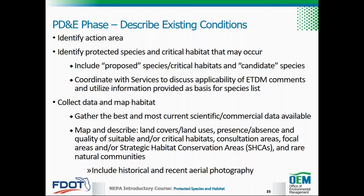Next, collect data and map habitat. Gather the best and most current scientific and commercial data available to help determine the potential for species occurrence within the action area. Reliable data sources include the service's websites, geographic information systems, species occurrence data, existing studies or surveys,